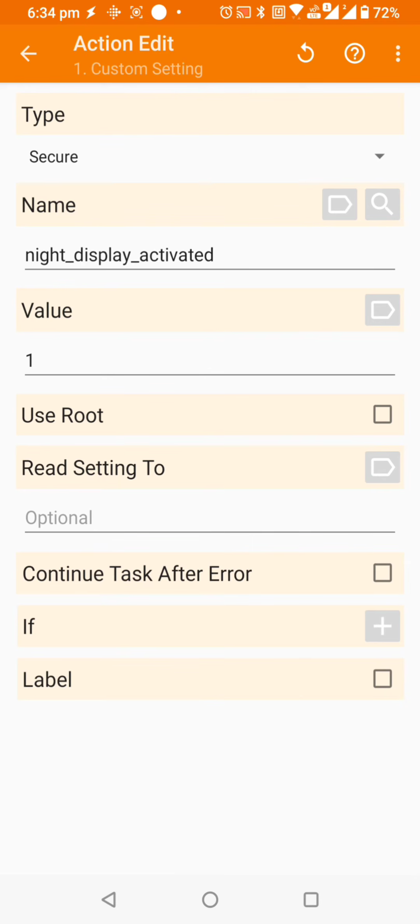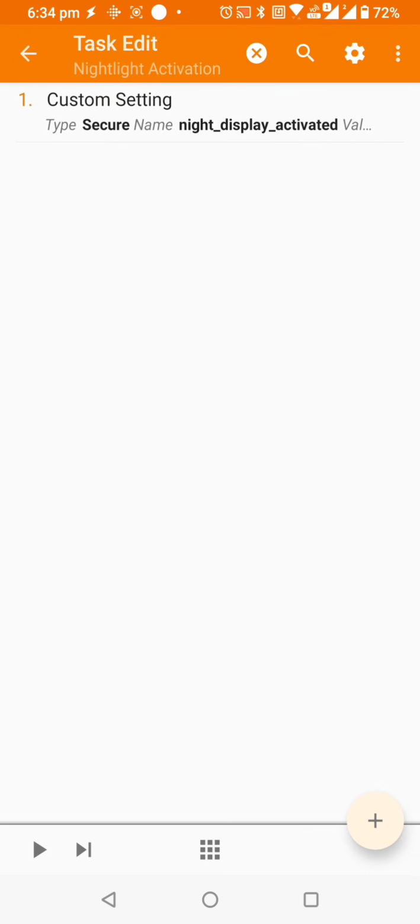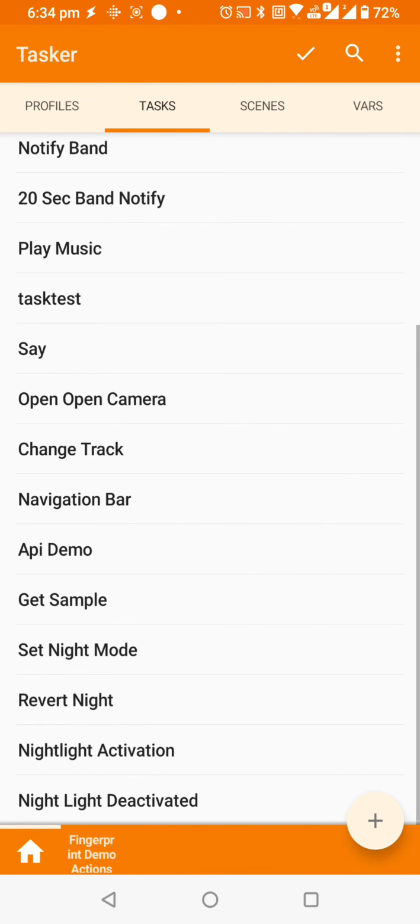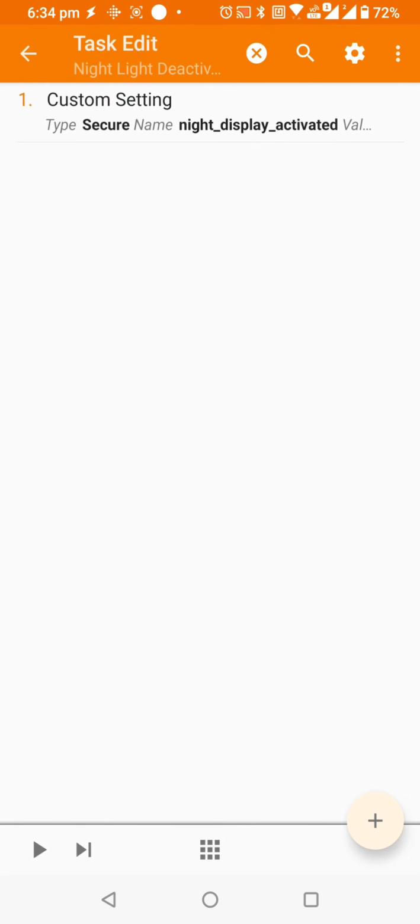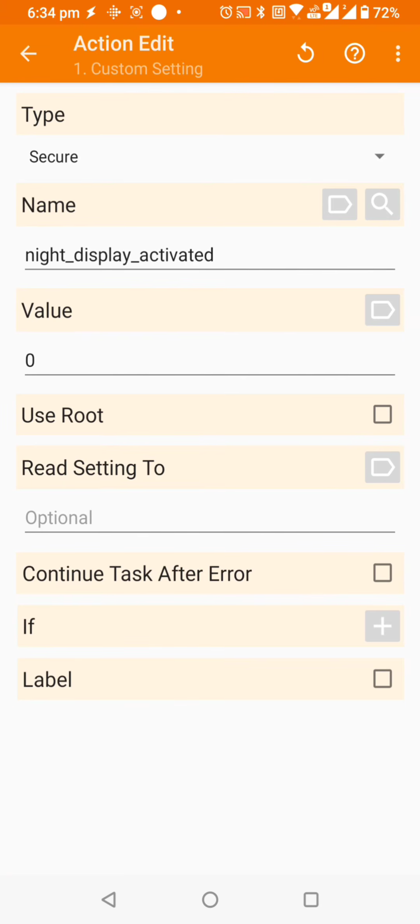Basically we are using the secure setting with the name night display activated, and we are passing the value 0, or I mean 1, which will activate this. In another task, which is deactivation, we have again chosen the same secure setting with the name night display activated, and with that I have used 0. Before that we chose 1, and now with this I have used 0.